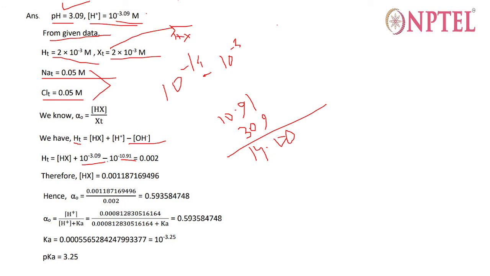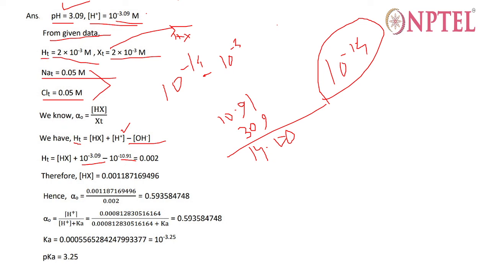So if the H plus ion concentration is 10 to the power minus 3.04, the rest will be 10 to the power minus 10.91, right? So from there we are getting this 10 to the power minus 14, right? So totally it will be 10 to the power minus 14. If you just write it down, you will find out, and okay, you know one more thing,